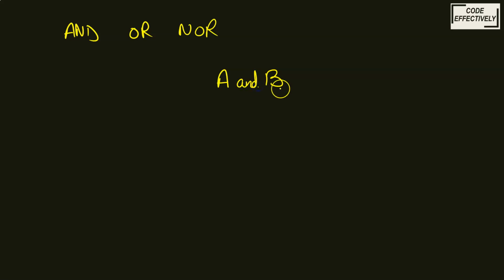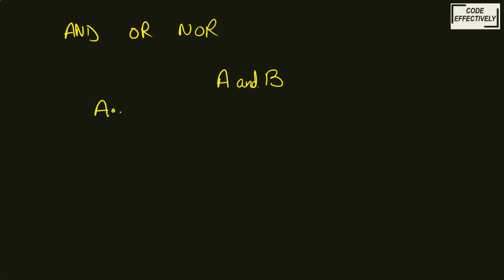So let's start. First we will see what are Boolean operators. Basically, we have three Boolean operators that are AND, OR, and NOR. Here, OR is not an English word, it is an operator. What basically an operator will do, like for example, we have an expression A and B and we are asked to find the both, like we have to find A and B. So what does A and B mean?